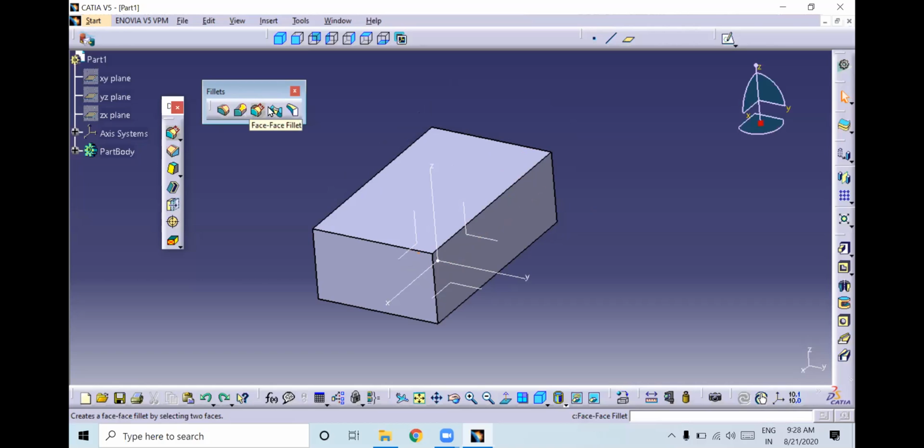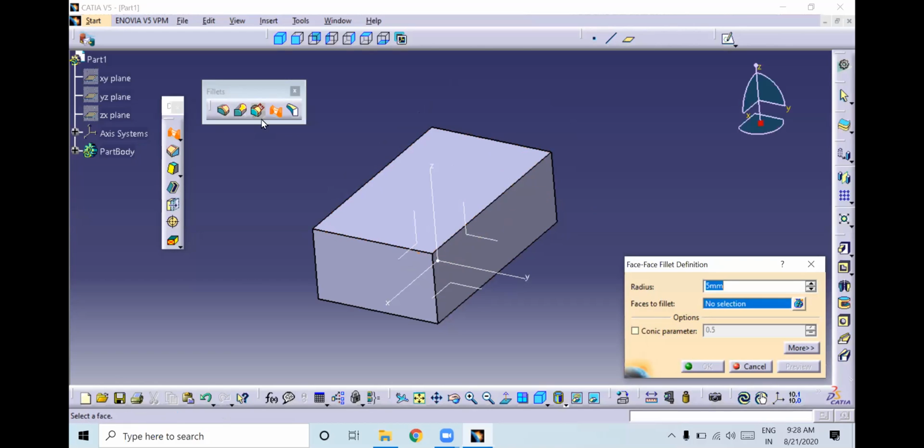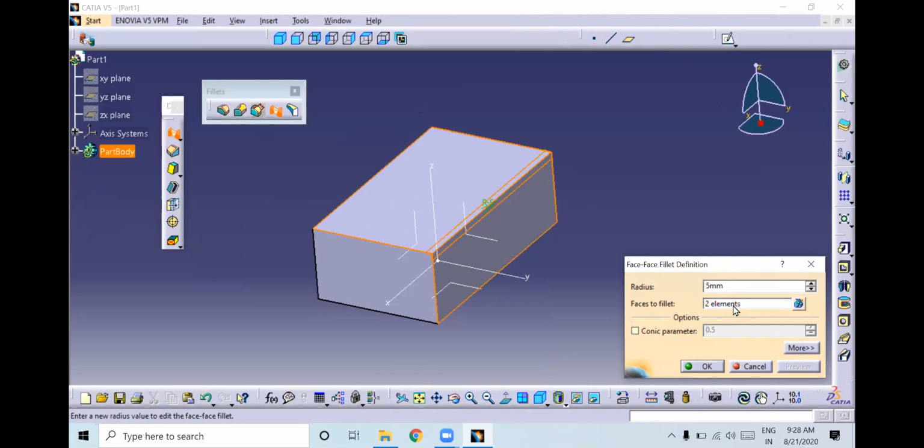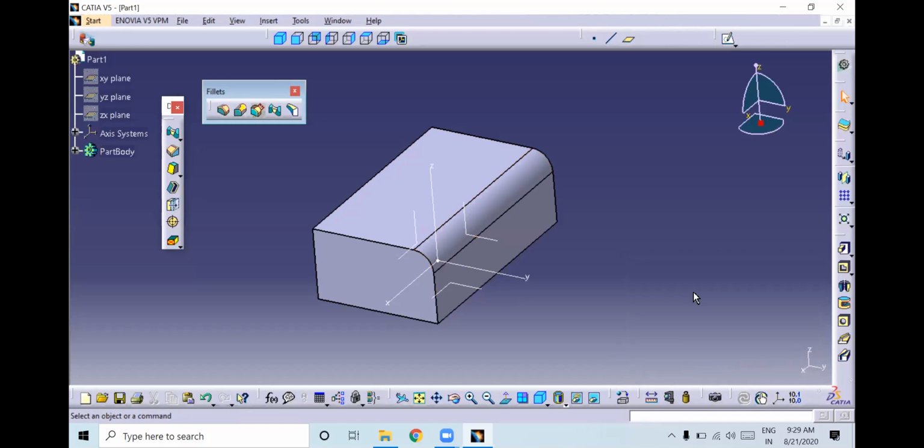So next we have the face fillet. I will select this face. Once you select the face fillet, select this face and this face. Automatically the fillet will be taken. See, like this. You only need to select two faces. All of you are getting it? Are you getting it? Anyone respond? Yes, sir. Okay. So you can edit the fillet here. You can give 50. It is similar to this one, but here, instead of selecting an edge, you select two adjacent faces.